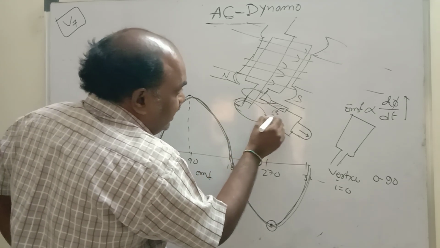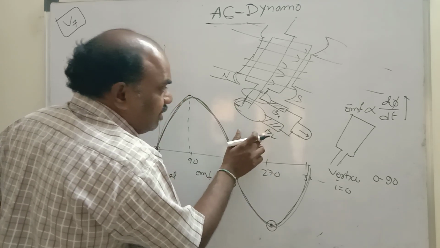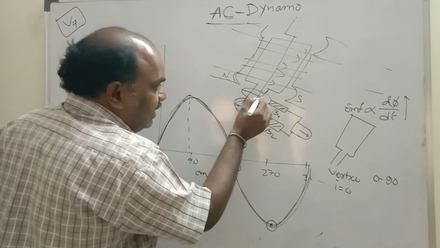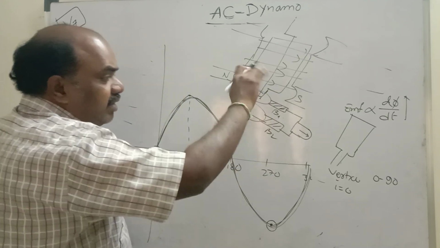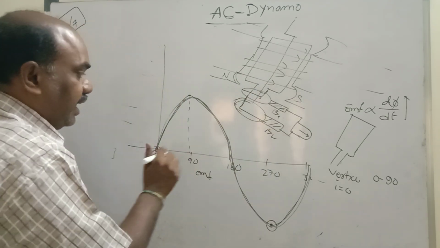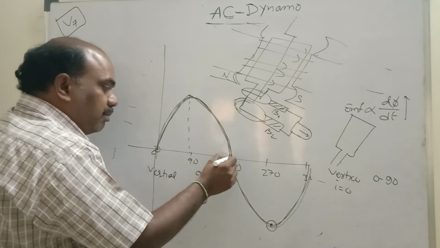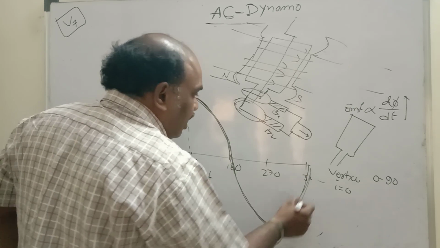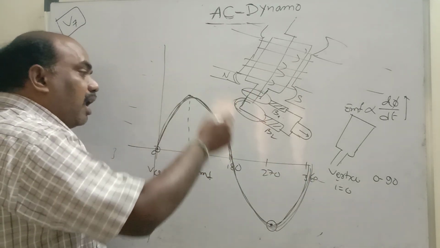That means S2 will be in contact with B2, this will not be in contact. Like this it comes. So current direction also alters, no? Every half rotation current direction is altering. That means 0 to 90 maximum, 90 to 180 minimum, 180 to 270 maximum, again 270 to 360 minimum. This is what continuously alters the direction.